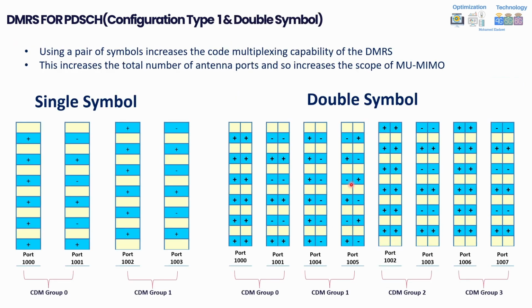Whenever you have more frequency division multiplexing and code division multiplexing, this increases the scope of multi-user MIMO because you can now have more paired users. For example, in multi-user MIMO, not single user MIMO, you can have additional ports and can start using the DMRS more to demodulate the signals. So you can have more paired users whenever you increase the number of symbols, or even whenever you move from coefficient type 1 to coefficient type 2. And this is mostly about the coefficient type.